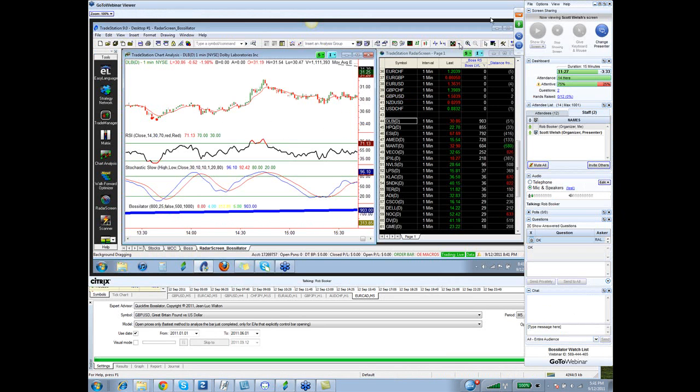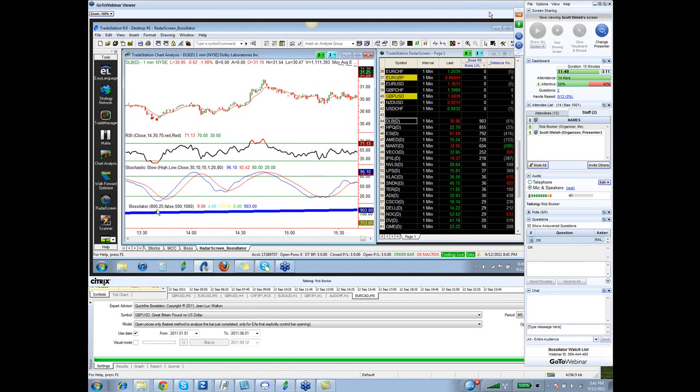Version. Scott brings up a good point. If you're trading stocks on the Bossilator, there are a couple points that we want to make. Number one, the 1 minute chart is absolutely fantastic. There's no problem trading from the 1 minute chart. The more I look at it, the more I want to open up a brokerage account and start trading this on the 1 minute chart.